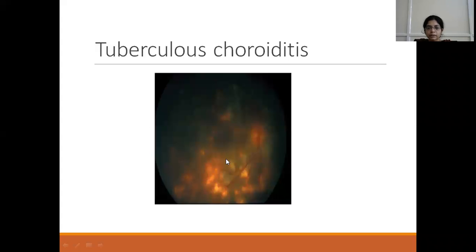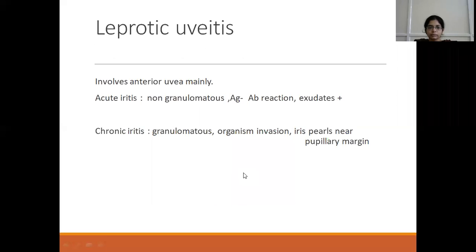So this is tuberculous choroiditis. You can see multiple foci of tuberculous choroiditis here. There are large multiple foci here, and it is spread throughout the fundus. Now,